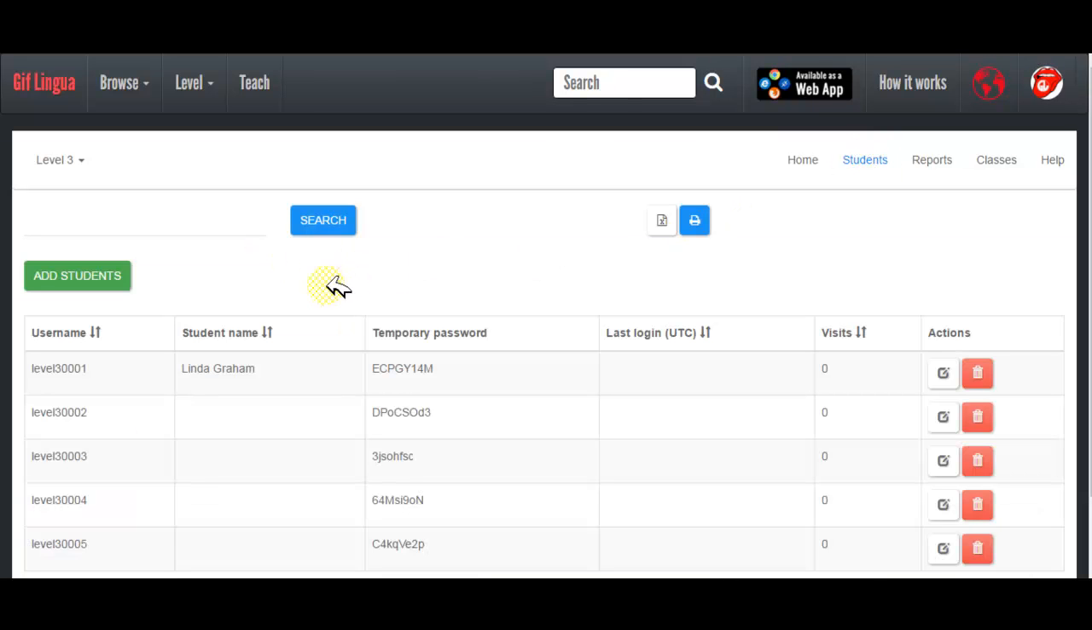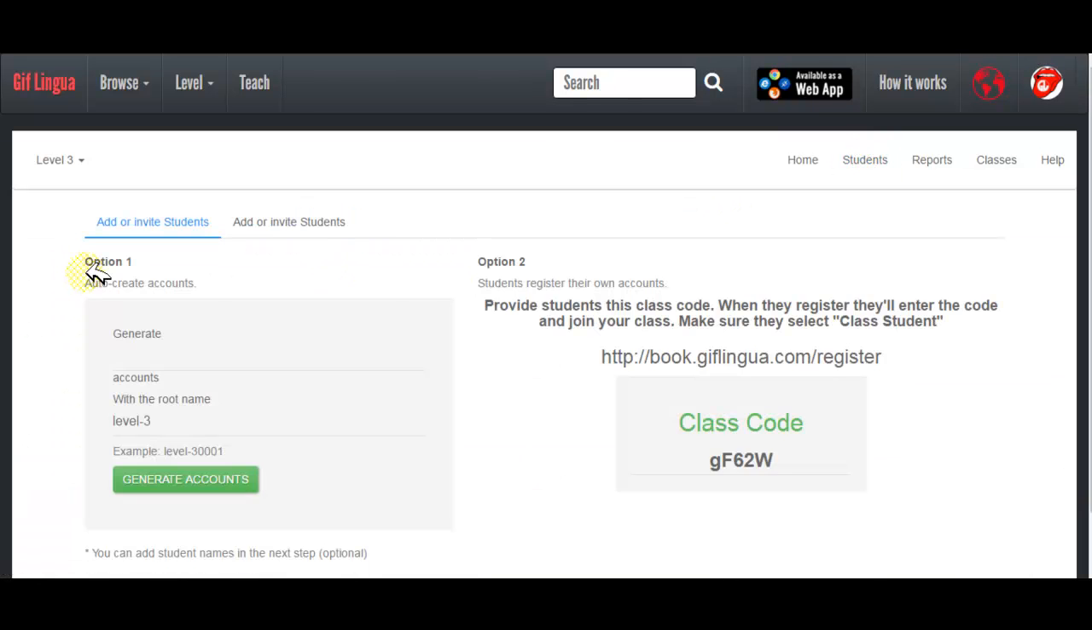Another way to add students, so let's go back. Option 2 is to provide students with a class code. Every class has a unique class code, and you just tell the student to go to book.giflingua.com/register, put in the class code, and bingo, they'll appear on your class list. They'll see your class page, and you can get reports of their student reading and what they've